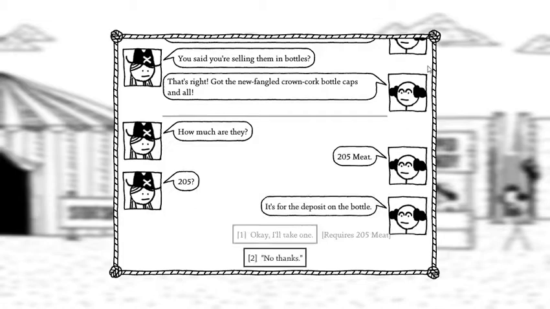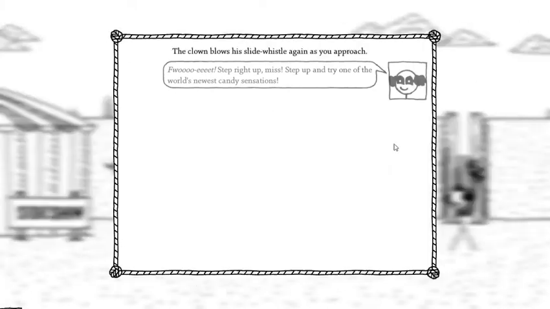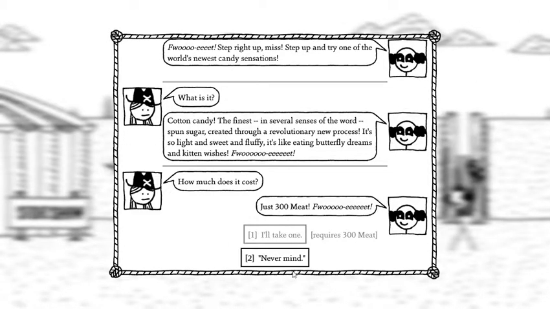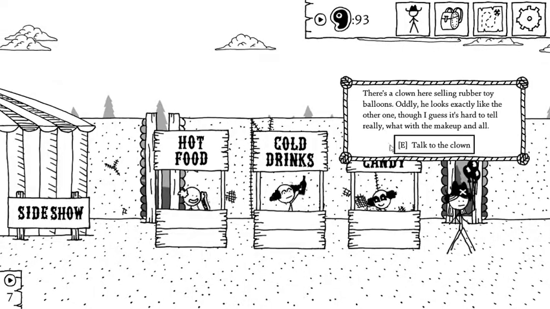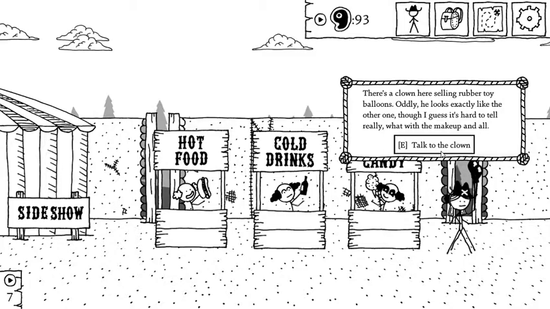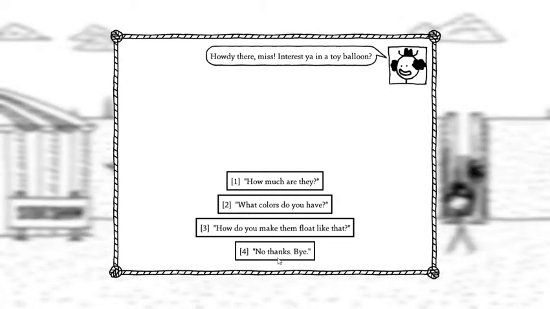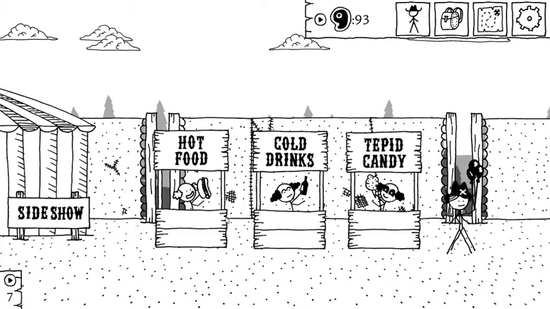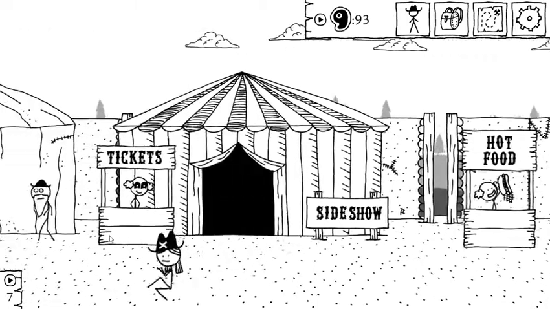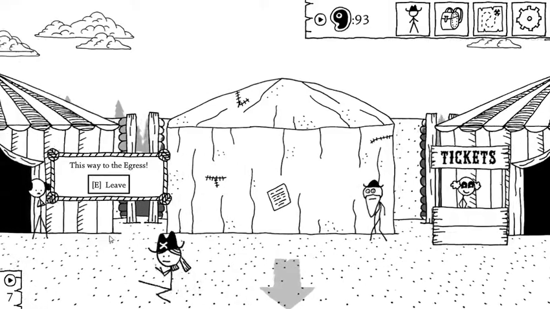How much are the drinks? Jeez. This is the cotton candy. How much does it cost? There's a clown here selling rubber toy balloons. Oddly, he looks exactly like the other one, though I guess it's hard to tell really with all the makeup. No thanks, bye. This is really strange. Okay, well, let's go into...